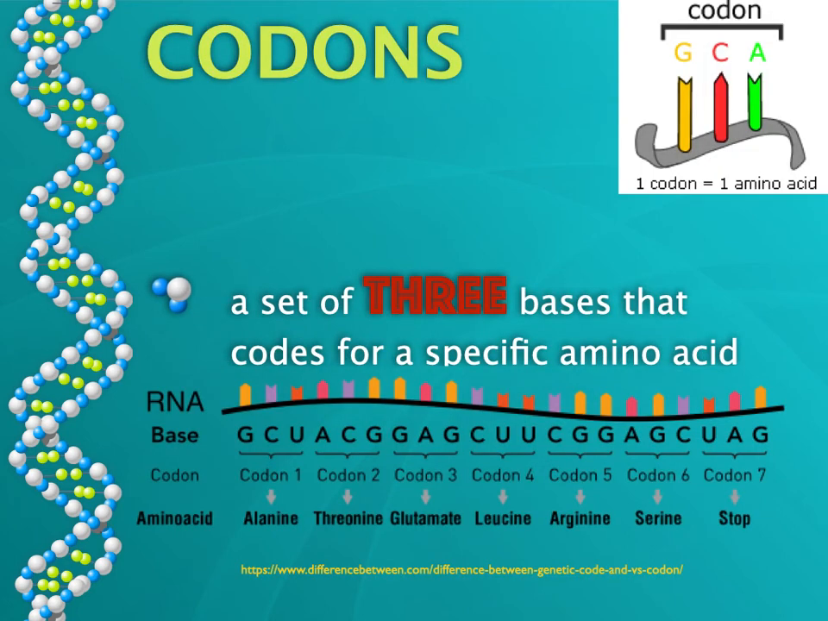A set of 3 bases that codes for a specific amino acid is called a codon. And you will do something for homework, just like this. We'll give you a piece of DNA, give you the RNA, and you give me the codon, and what it means